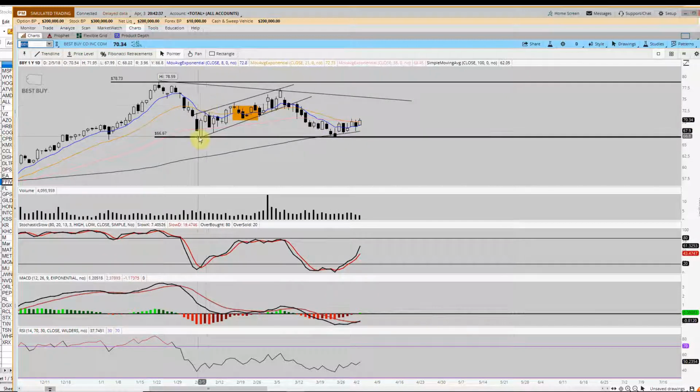Oh, you can see it basically put in a double bottom, closed here around 66, 67, closed here also at 66, 67, and then gapped up, and it's been running the last few days, kind of making progression here bullishly. You can also see that the Stochastics are indicating a bullish move, and MACD is just barely starting to cross over bullishly. RSI is also turning up, so I really do like Best Buy as a